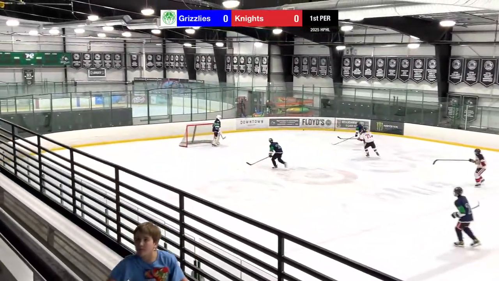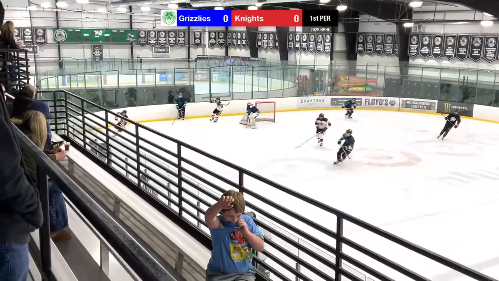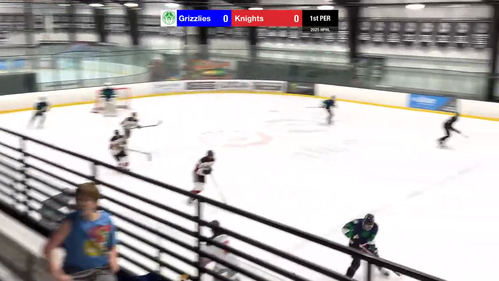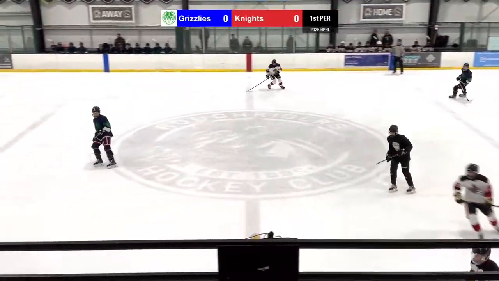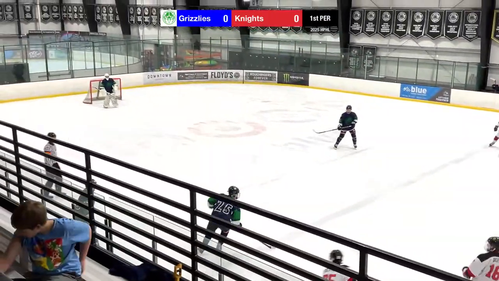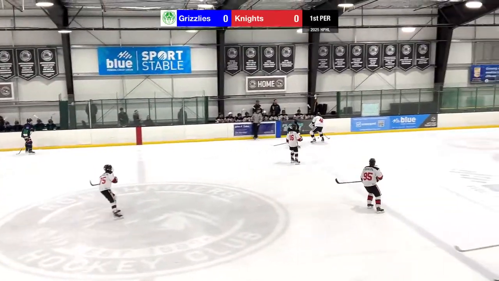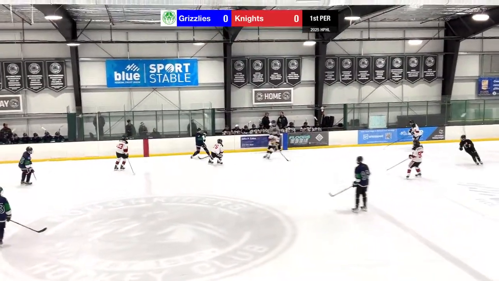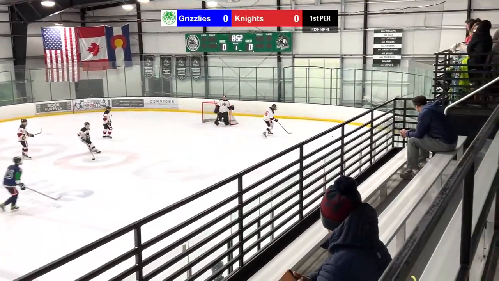Boulder dumps it in. I was going to say Parker Knights for some reason. Dullum sends it over to Brandon. Brandon up the wall to Logan. Logan's pass behind Jaden. Logan here. Logan to Hayes. Hayes chips it in. Not out. Hayes has got to get onside here. Dumped right back in.